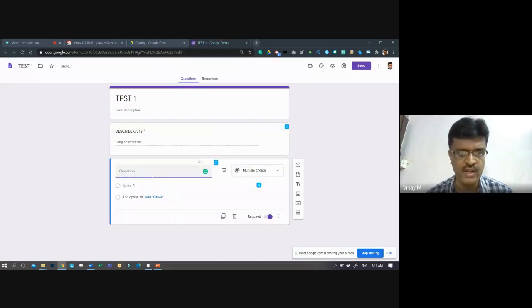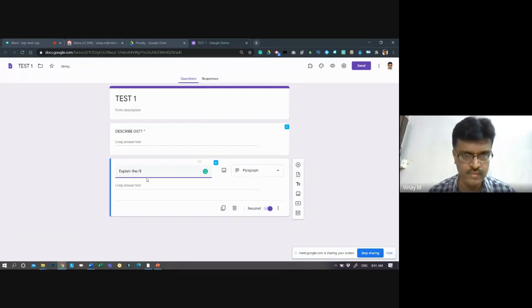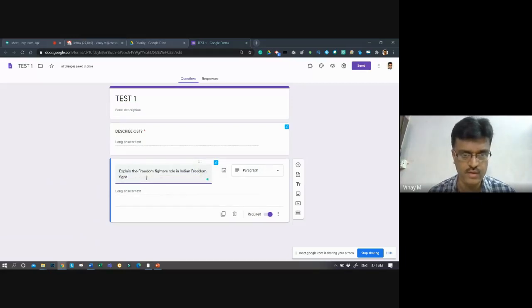Say I assume there are 3 questions. One more question I will add: explain the freedom fighters' role in the Indian freedom fight, 1947. This is a question they are supposed to explain, which also requires a paragraph.